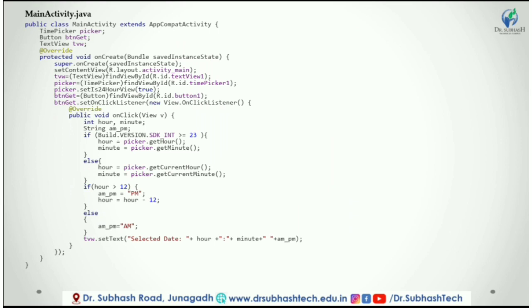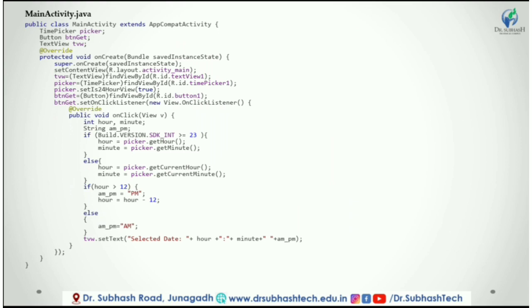If you want to convert to AM PM, then if hour is greater than or equal to 12, AM_PM is equal to PM and hour is equal to hour minus 12, else AM_PM is equal to AM. Then we have to print the selected hour, minute and AM or PM.